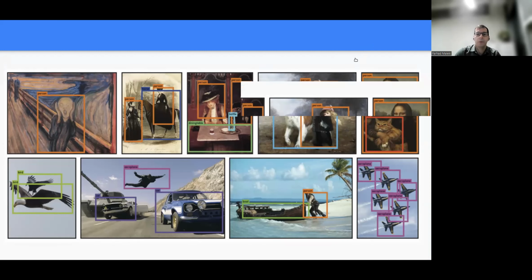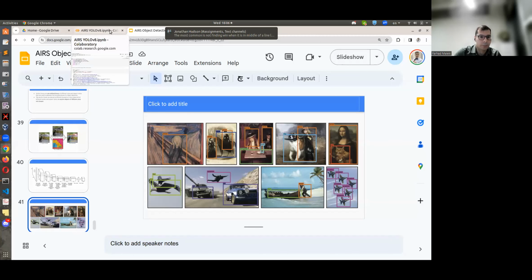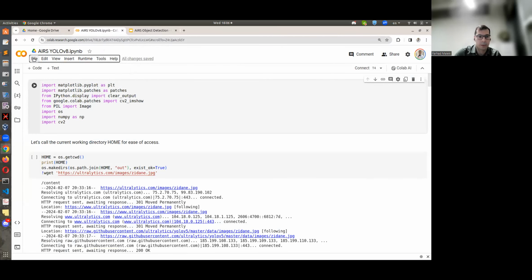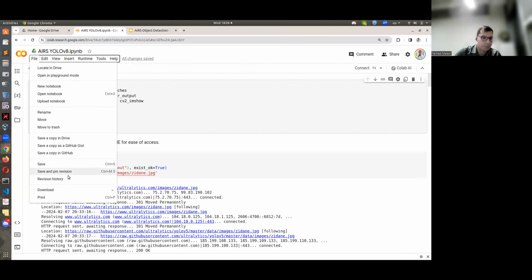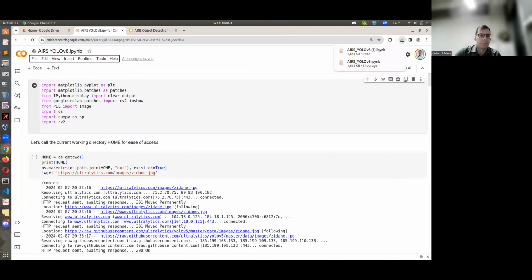So let me go through a notebook that I can actually share with you as well. The notebook has been extracted from the content of the company that is open source. There are way more resources that you can look at. I just want to show you a use case of it, how straightforward it is to use and train this model.